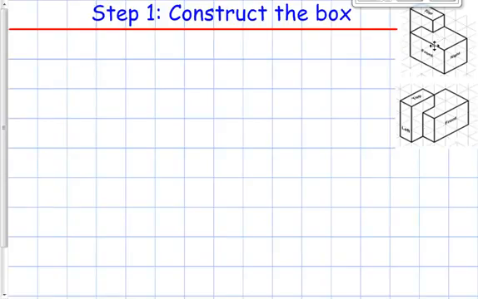We're going to start with this object over here. Okay, in this case we don't need to use a vanishing point, but what we're going to do is construct our box by finding first the overall width and height. Okay, our width is going to be 1, 2, 3, and then we don't want to forget this back section here, so that's going to be 4 wide. Okay, so we're going to find a couple of points. 1, 2, 3, 4. Okay, and then we're going to go 1, 2, 3 high. Okay,